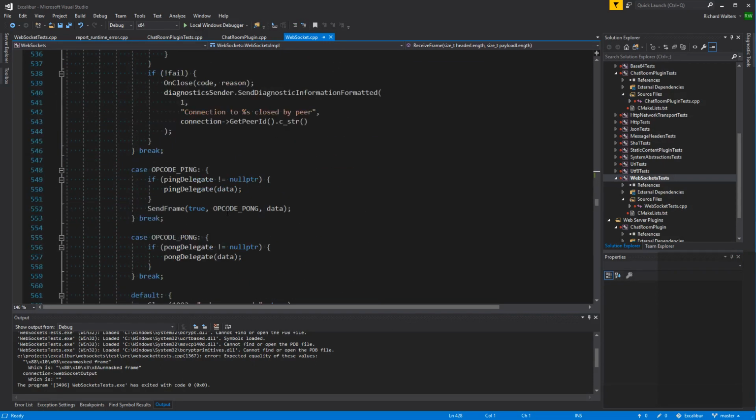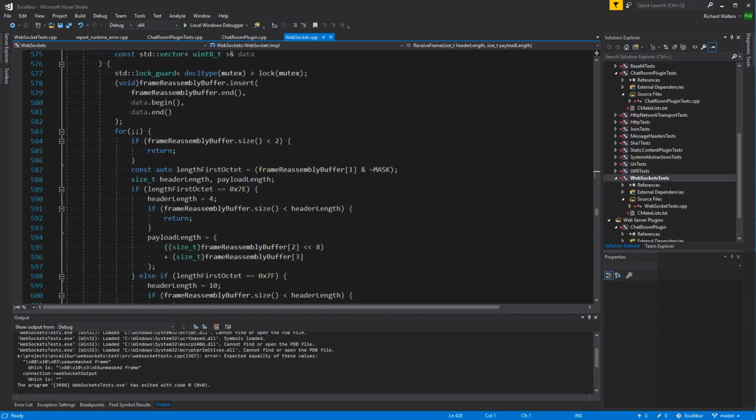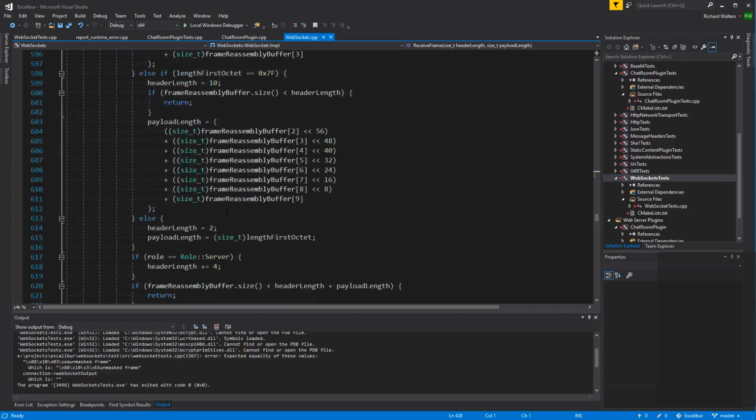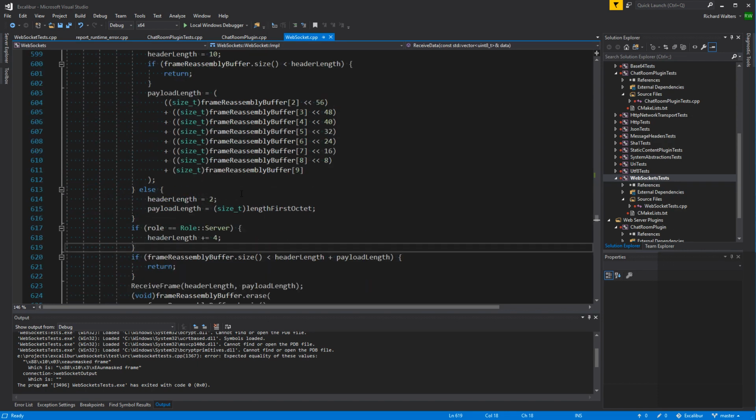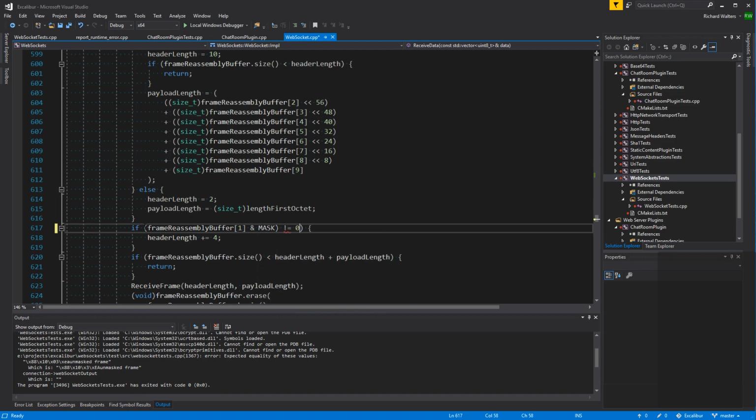Is it because received data checks the role? Ah, see, yeah, it shouldn't do that. It should check the mask bit. If frame reassembly buffer 1 and mask is not equal to 0.